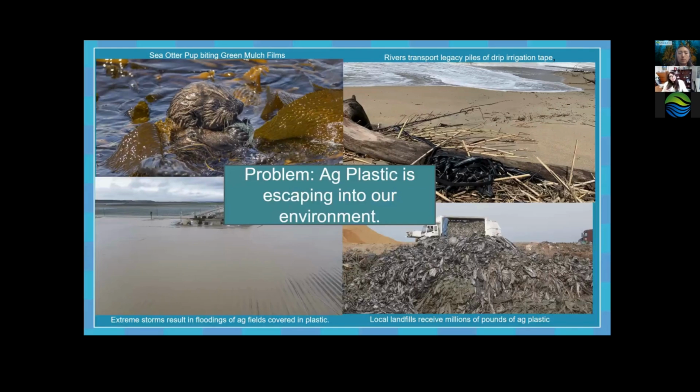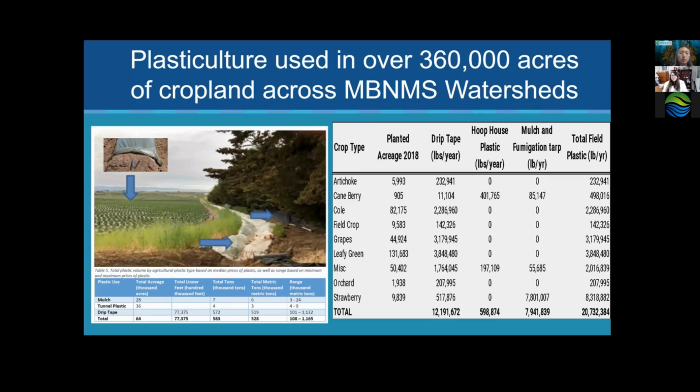As we're looking at these beneficial impacts, from the marine debris perspective, we also had some concerns about, well, we understand that this plastic can be very beneficial, but we also wanted to make sure that the plastic is not escaping out into our environments. And that's where we came in to try to help with this collaboration, and how can we balance those factors out. And so we started first with an assessment